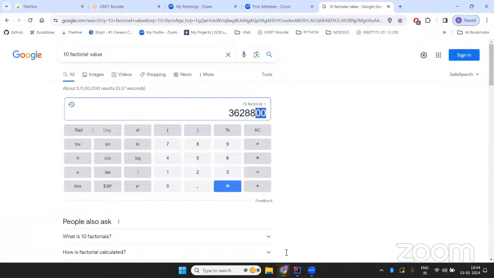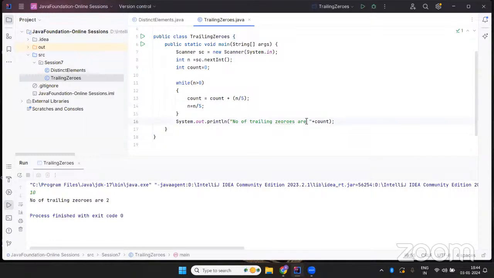So you need to understand this approach. Okay. Here, why am I dividing every time by 5? Initially, whatever the number I'm entering, until it is greater than 0, we take the initial count as 0, then count plus n by 5. So we are dividing that number by 5, and whatever the result we get, count plus n by 5. Since it is an integer value, we are taking the integer value, ignoring the decimal values. Then we are dividing n by 5. Keep on looping this. So if you trace this,